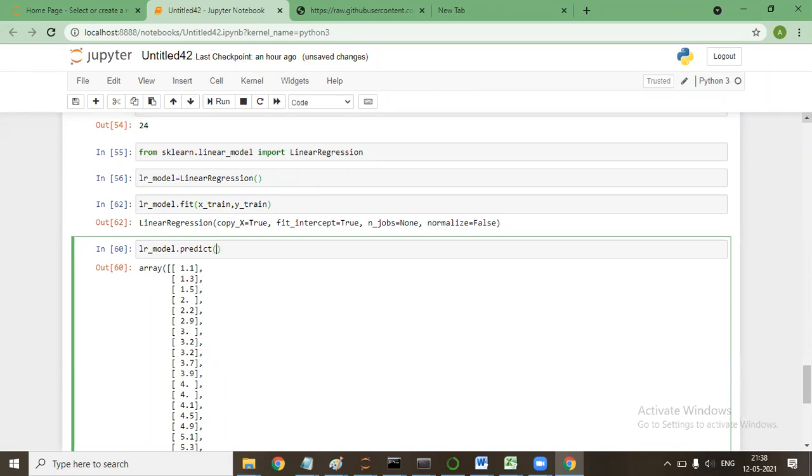What is the value we have to predict now? The test data. X test only, because Y test is the actual value. We will be verifying it. So I'll say X test I want to predict, and I will store it in a variable Y predicted.